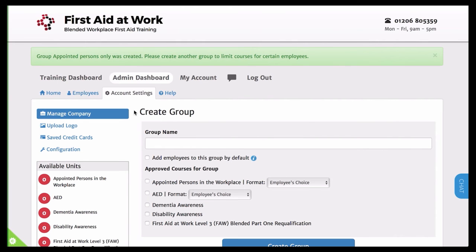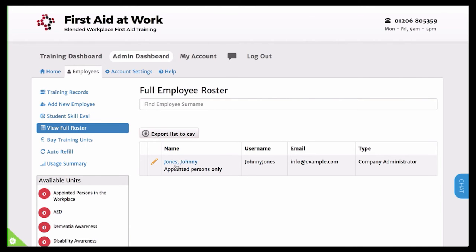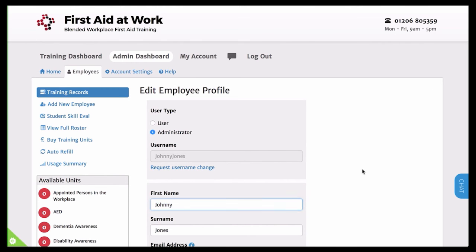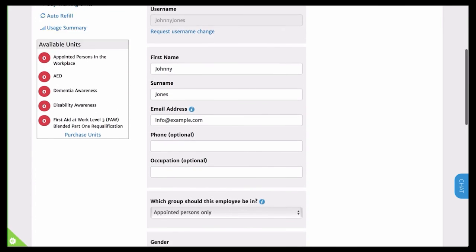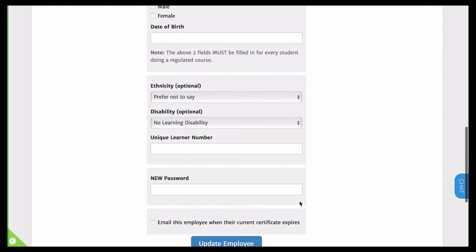To ensure that the students only see that one course, you then need to put the students into a group. So if we go back to employees, go to our full roster, click the pencil next to the name of the student that we want to change the group of, and you will see further down this page it says which group should the employee be in. In this case it's automatically put them into appointed persons because we selected that as default. You then update the employee,